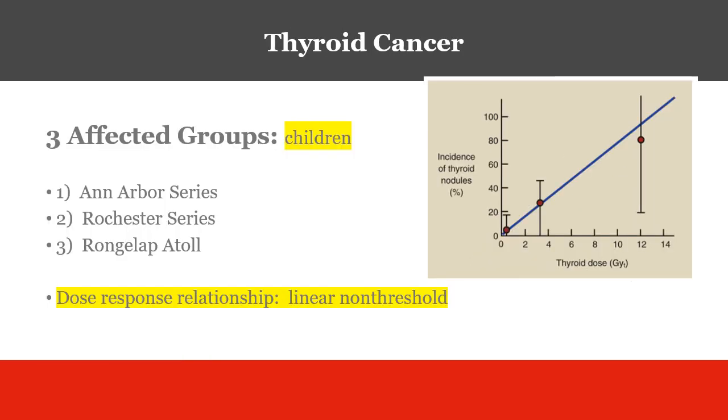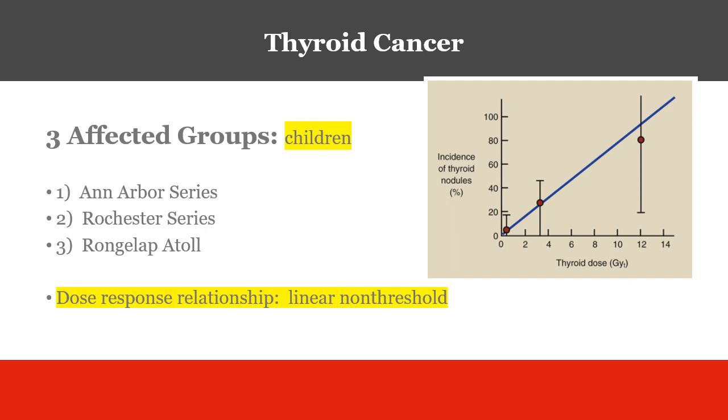As far as the patients with thyroid cancer or thyroid nodules, they were all children. Two of them were series of testing that were conducted in Ann Arbor, Michigan and Rochester, New York, where they decided that if a child's thymus gland was enlarged, they would irradiate their neck. And when they did so with high doses of radiation, 20 years down the road, these people ended up with